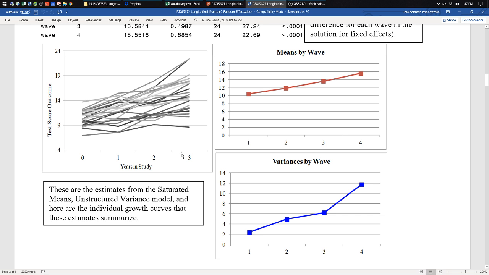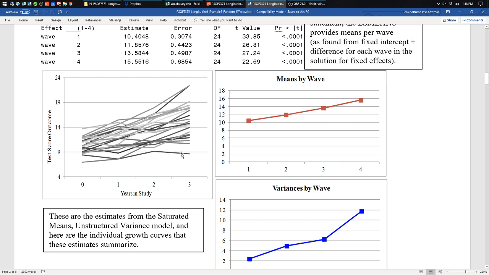So here's a plot of the variances by wave. You can see that those increase as well. So ideally then, you would run this type of model, this answer key model, look at these patterns, and then try to decide what kind of pattern it is. What type of functional form would we need to describe the change in the mean over time and the change in the variance? Now in this case, the red line looks pretty linear, right? That's because we're only talking about linear for right now, but we'll get some bendy shapes coming up later.